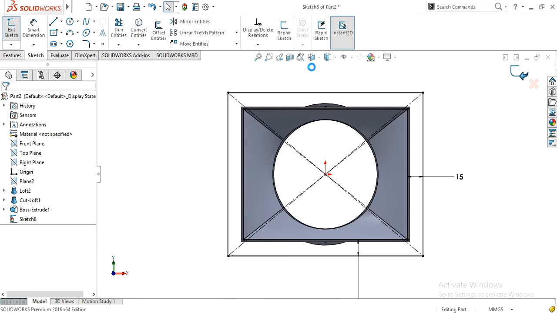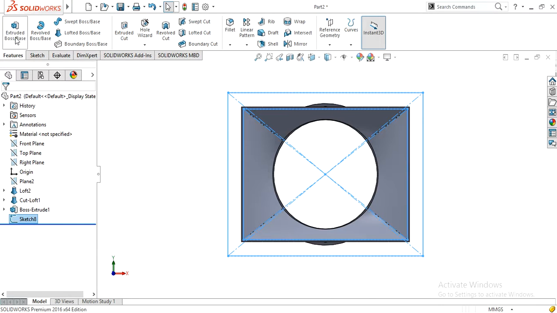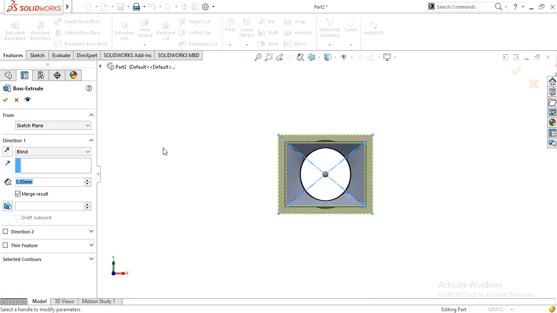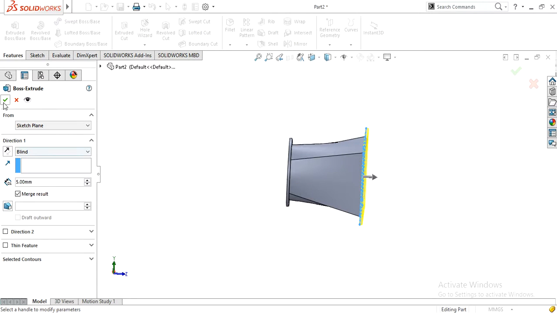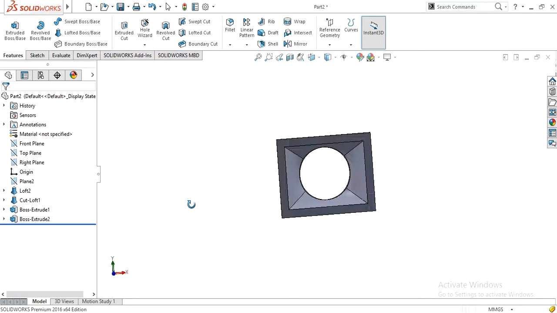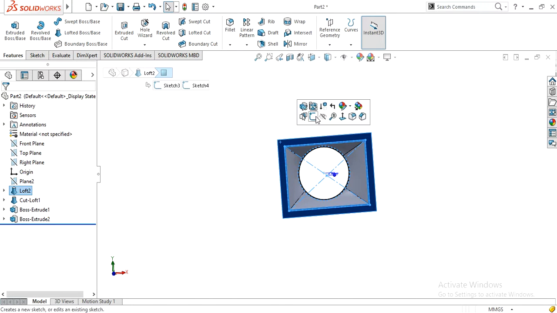Okay, and then save and close the sketch. Now extruded boss, and then reverse the direction. Click on OK.